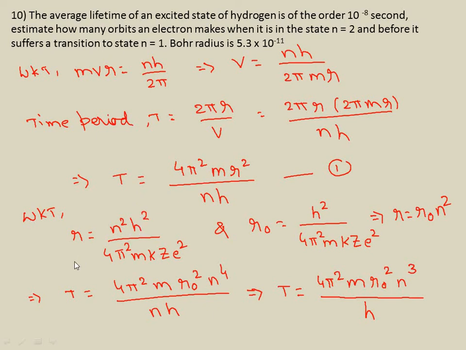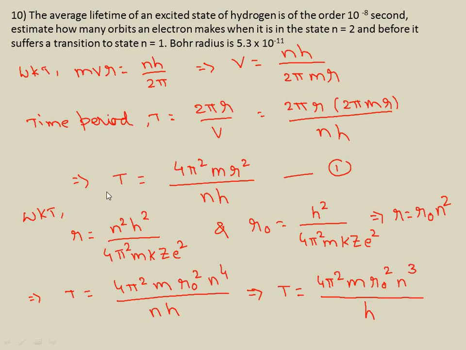Now r equal to n square h square by 4 pi square m k z e square. Do you remember this? The expression for the radius of the nth Bohr orbit. We have calculated it already. Now forget about this n square for a while. Look at all the remaining terms: h, 4 pi square, m, k, z, e square, all these are constants. Or simply, substitute n equal to 1. That's what we call the radius of Bohr's orbit, and that's what we call r naught. So r equal to r naught n square. Clearly you can notice that r is proportional to n square.